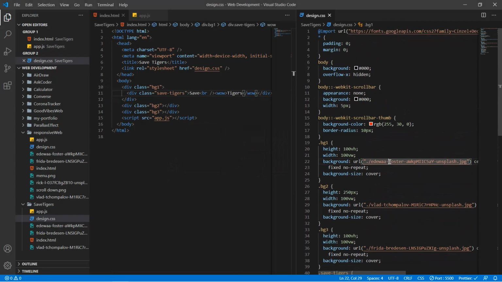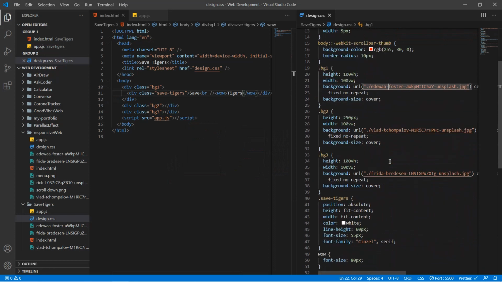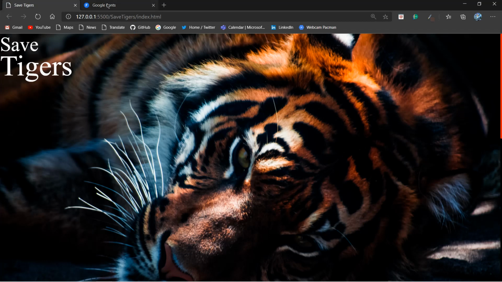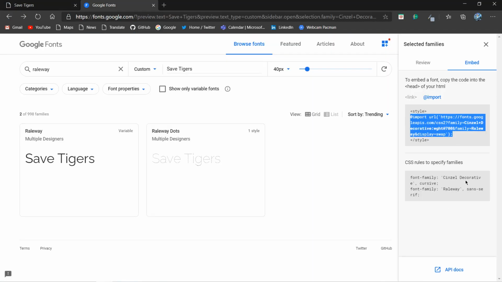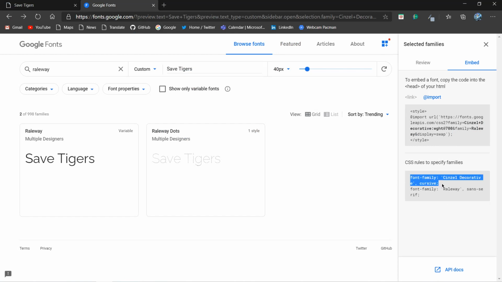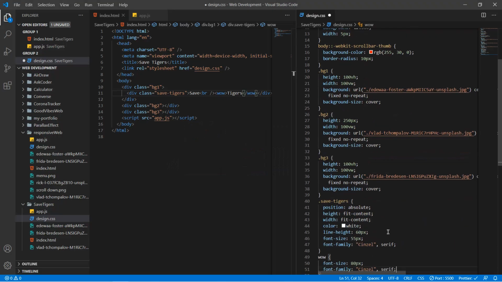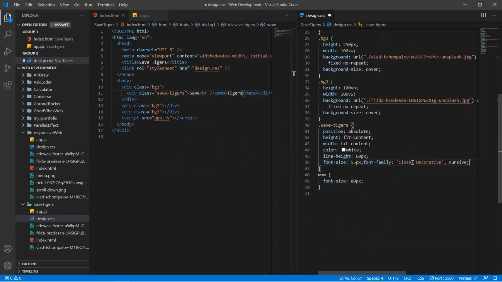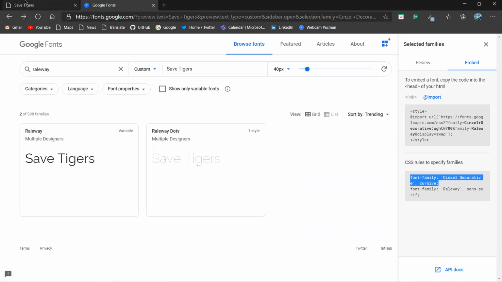Okay, I don't know. Maybe because it does not like Cinzel. I don't know. Oh wait, it's because of Cinzel Decorative. That's what I need to type. So yeah, let's just copy this from here. Copy, and then I'm just going to remove that and paste it. Save it, and